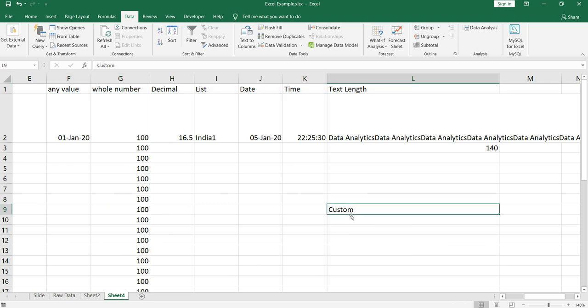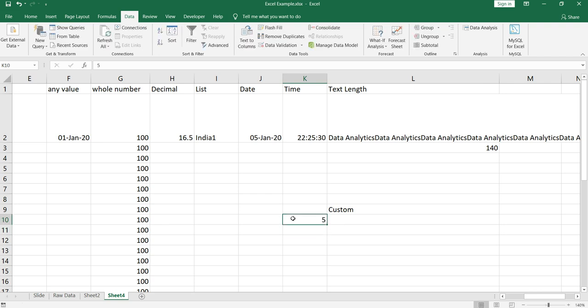But with this custom functionality, Excel allows you to use your own formula to validate this cell. So what I'll do is I'll put something like this, 5.